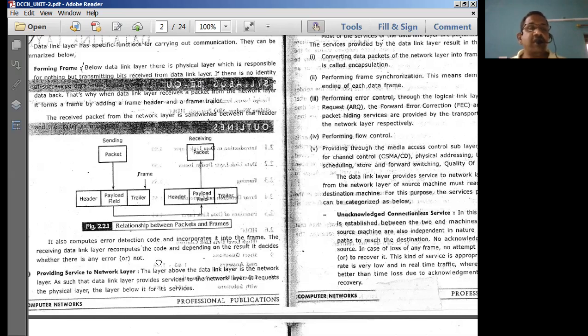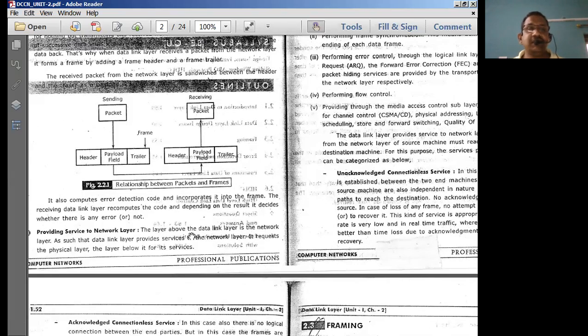Now, what are the various functionalities provided by this particular data link layer? That is an important issue for us. Every layer is going to perform or provide some functionalities, and these functionalities are implemented by the protocols in those appropriate layers. In today's session, I just wanted to close by mentioning the various functionalities of this data link layer.